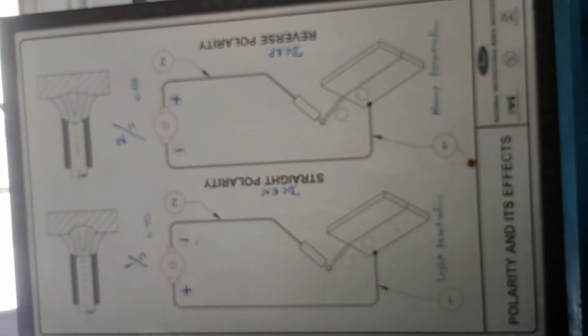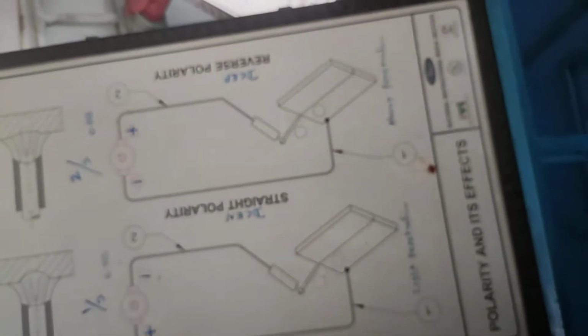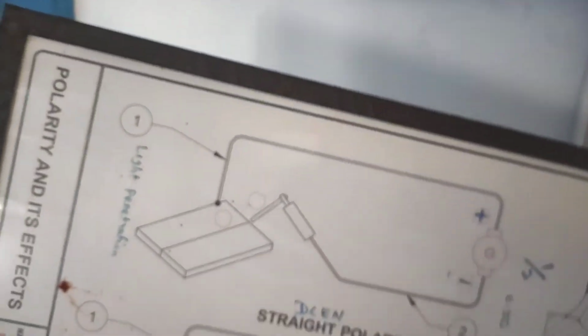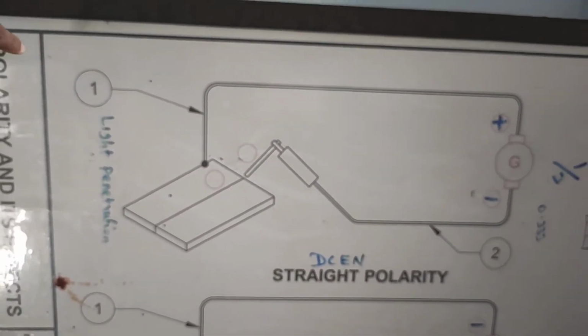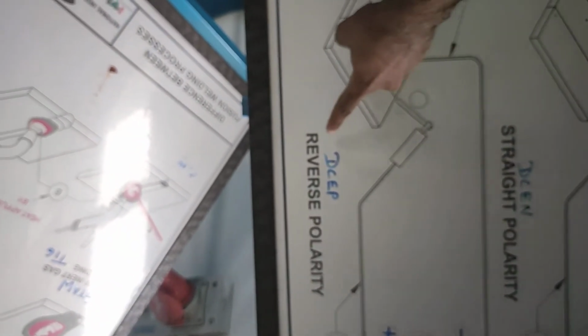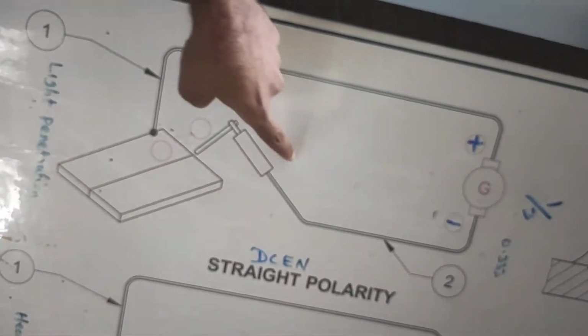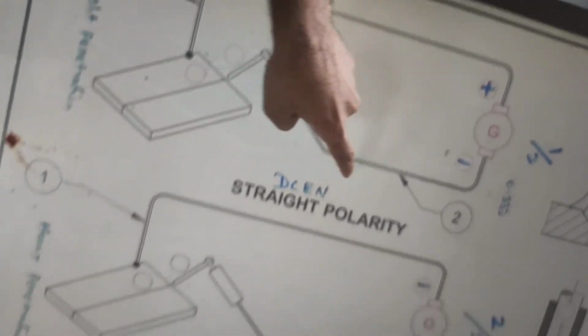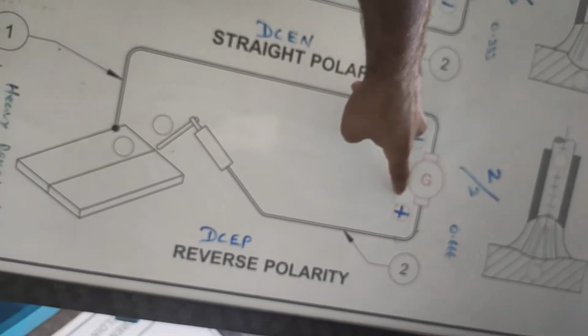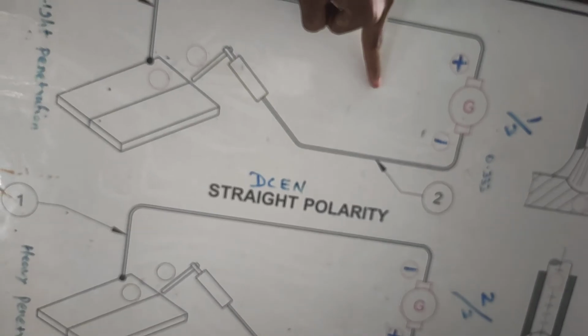This function is also used in MIG welding. It is not in the 10 parameters. Now it's also a very important thing we can discuss. This is called straight polarity, and this is called reverse polarity. In straight polarity, the negative end is connected to the torch, and in reverse polarity, the positive end is connected to the torch. This is the difference.